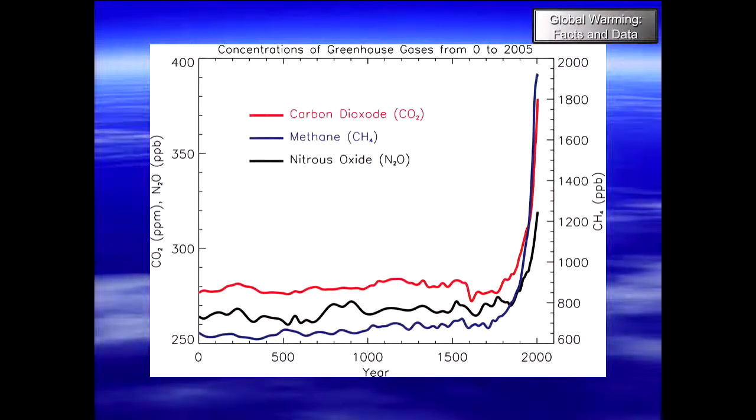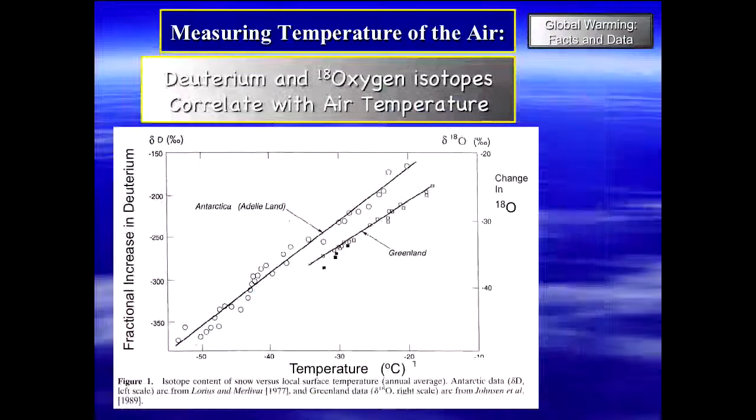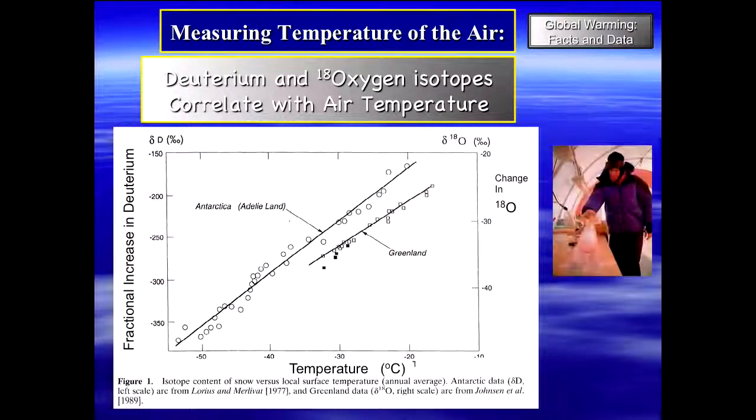Now, in addition, you can measure the temperature of the Earth's atmosphere by using a thermometer. You can get out your thermometer and measure temperature. Well, that's good, but we've only had excellent thermometers for the last 100 years, and it turns out you can do better than that. And the reason is that if you go back to those ice cores, there are other constituents,